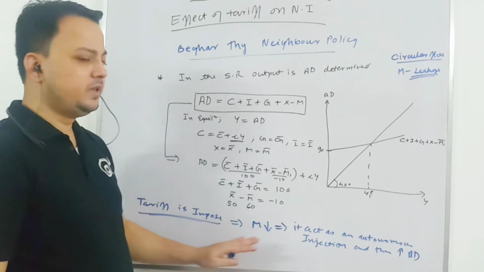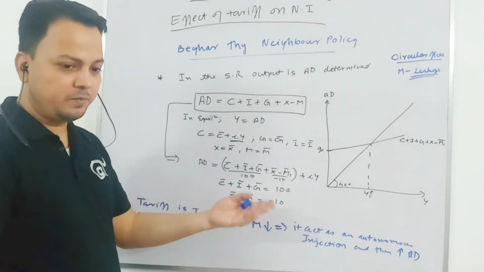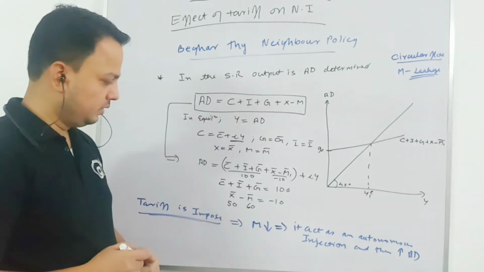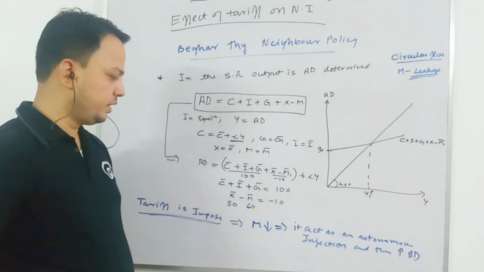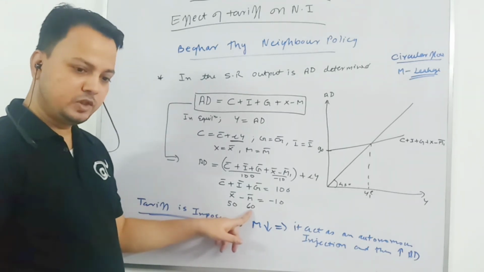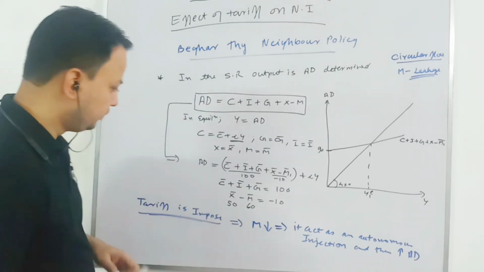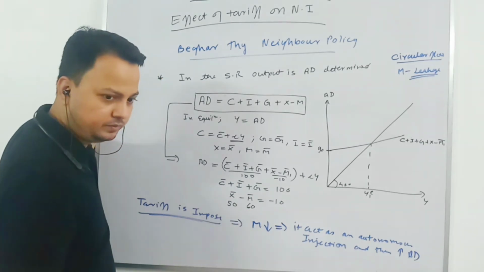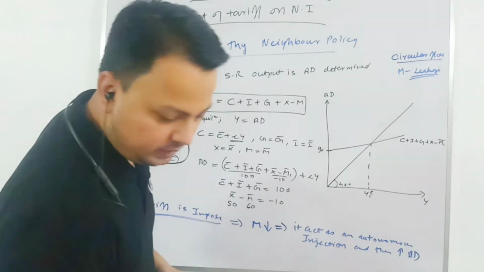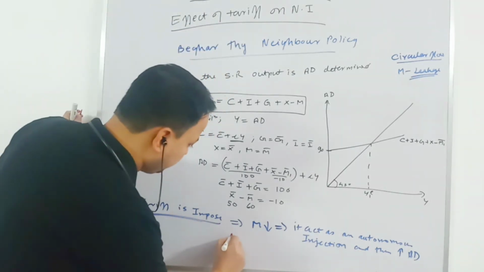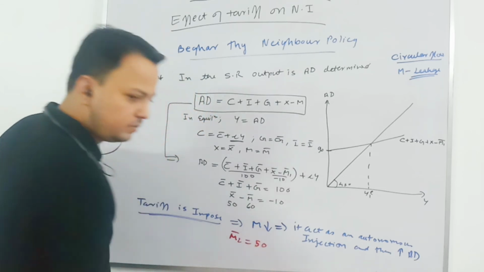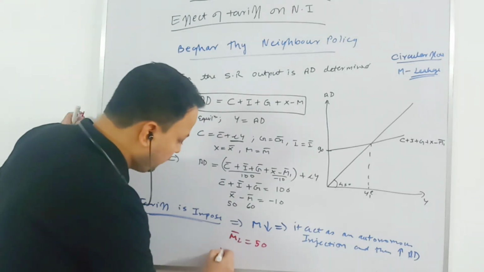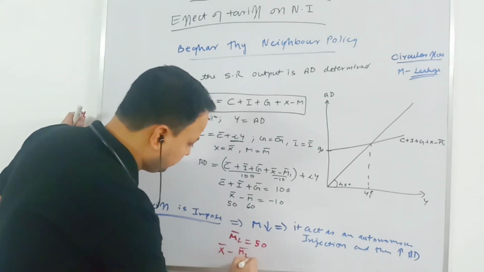So if there is a problem in the economy, like you don't have enough employment going on, what does government resort to? Government resorts to tariff also. Suppose government imposes tariff, import reduces. Previously, how much were we importing? 60 units. Now when tariff is introduced, import reduces from 60 to 50. We are importing, say, M bar 2 is 50. So we are importing 50 units, we are exporting 50 units. So what will be your net export? Export minus import, this will be 0.